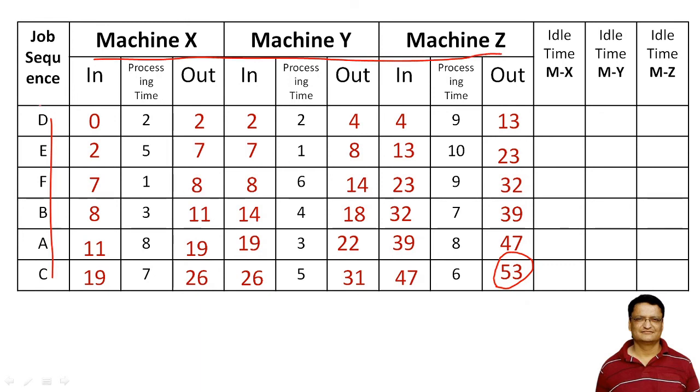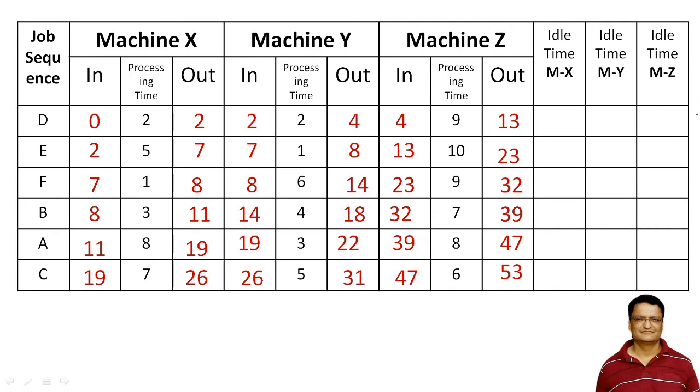And we know that this is the sequence which gives me the minimum elapsed time. So if I could have taken A, B, C, D, E as a sequence, then I would have got this time which is more than this 53. So my next step is to calculate the idle time. So what is idle time? Idle time is the time for which machine has no operation to perform. So either it has completed the processing of jobs or it is waiting for the next job.